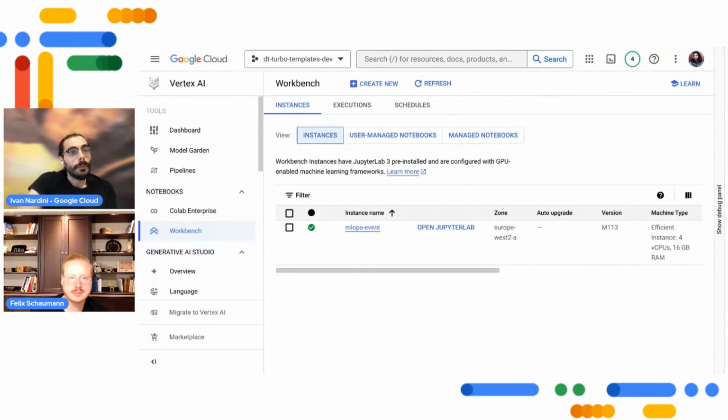Imagine that you want to use the Turbo template for a new machine learning project. The first thing you may want to know is how I can get, for example, a notebook environment to use the Turbo template. As I mentioned at the beginning, for who doesn't know Vertex AI, this is how it looks like on